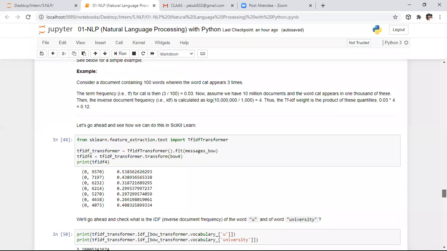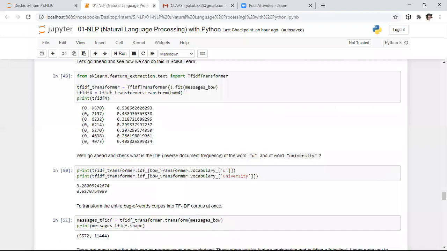After that, I want to find the term frequency and inverse document frequency weights. If you read the text, you will know what it is. If you multiply TF and IDF, that will return this value. It is about this.